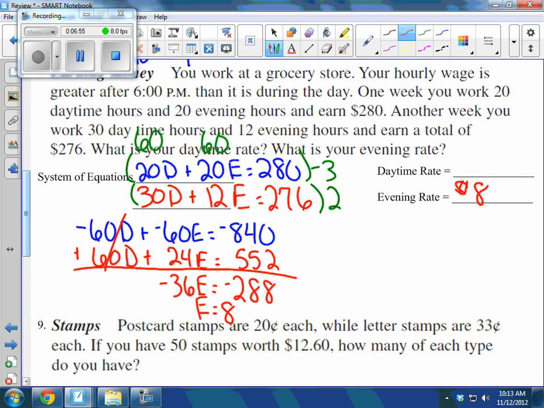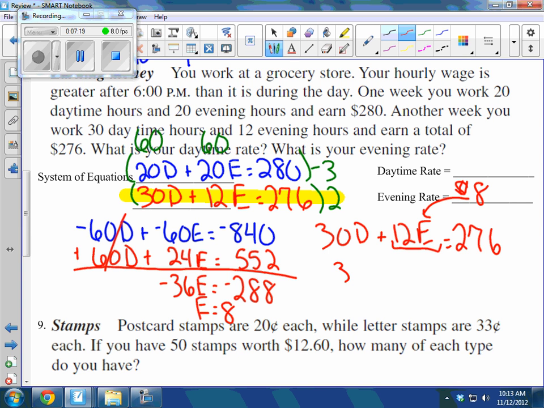And now to find my daytime rate, I'm just going to take the fact that E is 8 and put it into one of the equations. I'm just going to choose the one in red. So I will take the 30D plus 12E equals 276. And I'm going to take the fact that E is worth 8, put it into this term, which gives me 160. And now I'm going to subtract 160 to the other side, which gives me